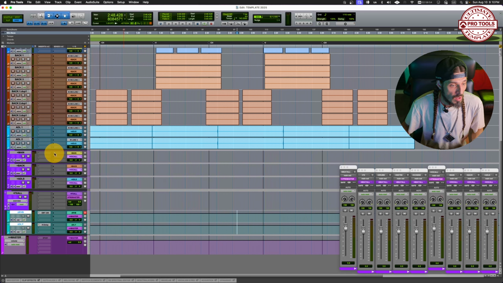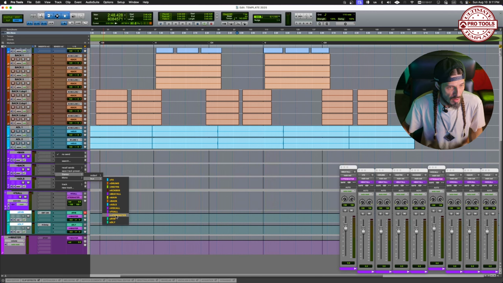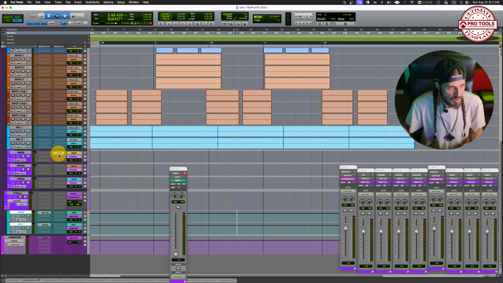So now, if you want to send from your main, click in the sends area and you just choose stereo bus to reverb. You can copy this setting with an Alt key and drag it. And same thing you can do with a delay, just copy it like that. So for instance, you want to give your main this much reverb, and then to the backs you want to give a negative, I don't know, like 8, and then to ad-libs you want to give it like a full